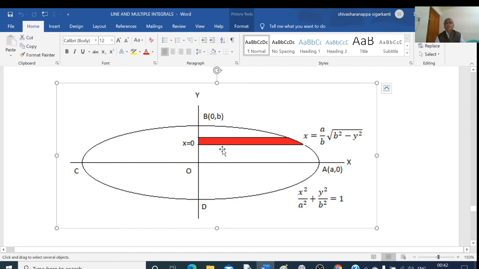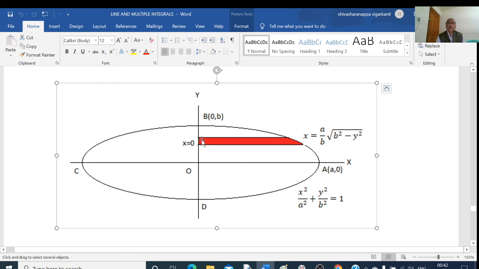What I do here is, first I will take this portion. This whole curve BAD rotates around the y-axis. For this, I will rotate BA, that is, AB around the y-axis. Then I am getting the upper portion of that solid figure. As this is symmetrical about the x-axis and symmetrical about the y-axis, the required volume is nothing but double. So first, if I revolve AB around the y-axis, I am getting half of the volume. If I multiply by 2, then I will get the required volume.